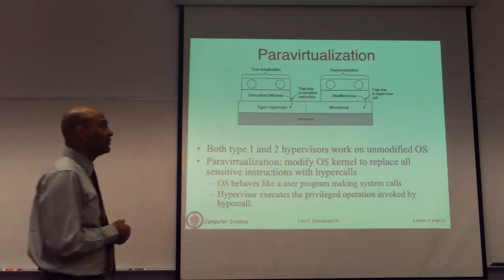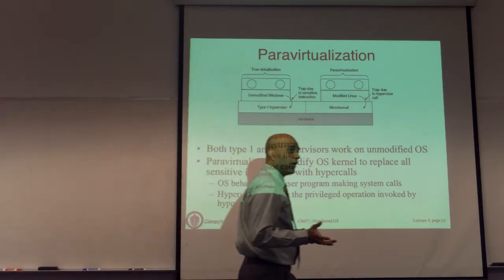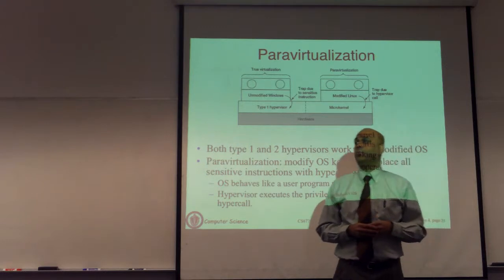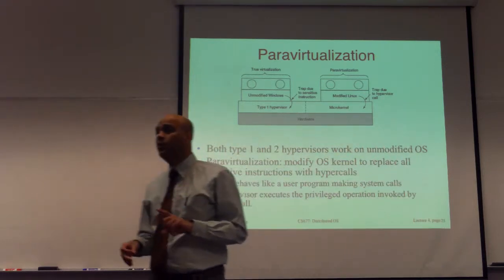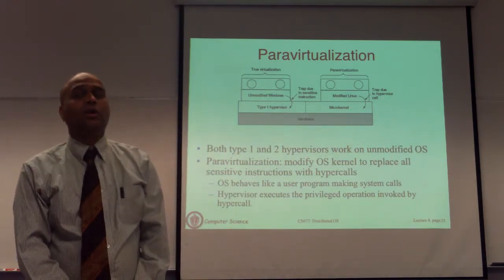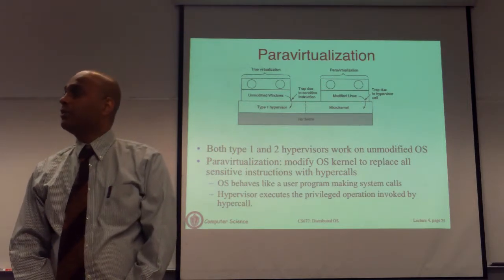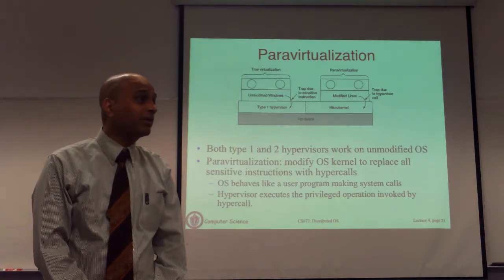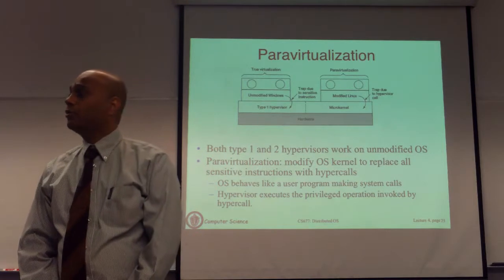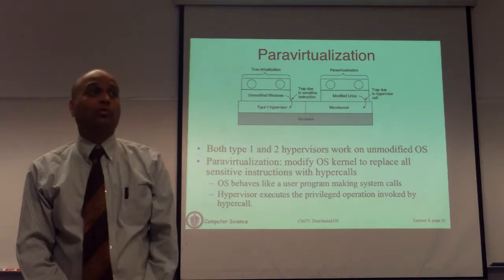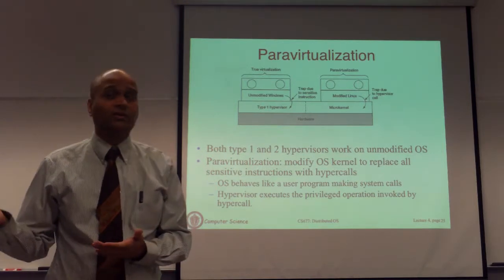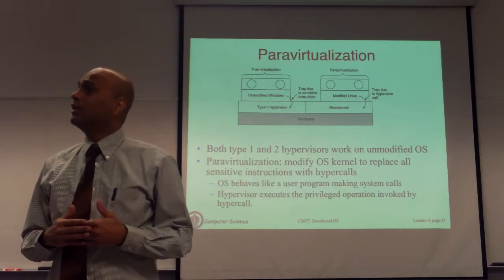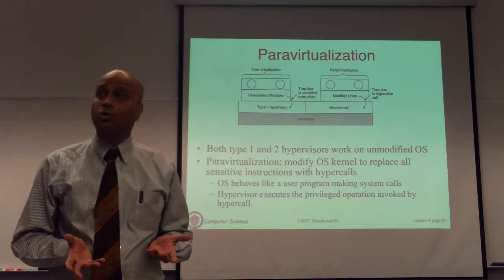VMware had its own hypervisor that also implemented para-virtualization. Okay, the disadvantage of para-virtualization is you can only run kernels that have been modified to take advantage of it. So if you want to run Windows in para-virtualized mode, you are at the mercy of the vendor, in this case Microsoft, to provide you a kernel that is para-virtualized. Otherwise you can't do this.